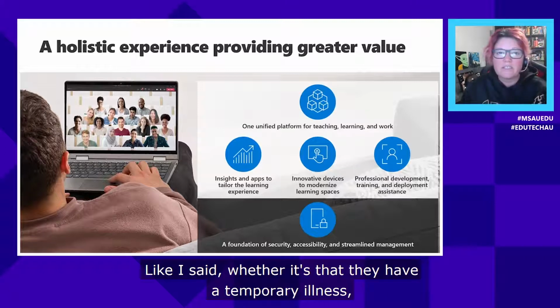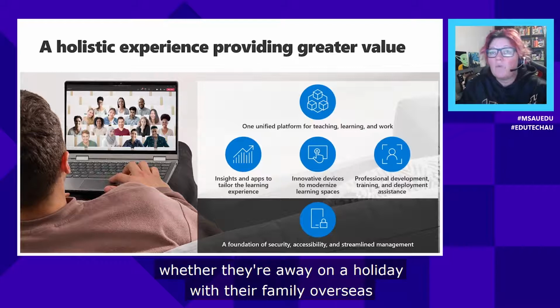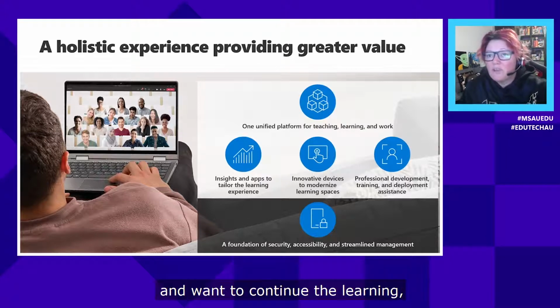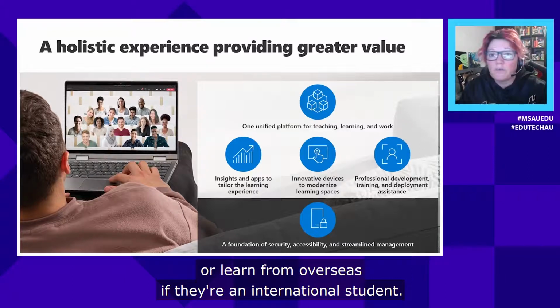Like I said, whether it's that they have a temporary illness or even a long-term illness, whether they're away on a holiday with their family overseas and want to continue the learning, whether they are impacted by a pandemic and are having to learn from home, or learn from overseas if they're an international student.